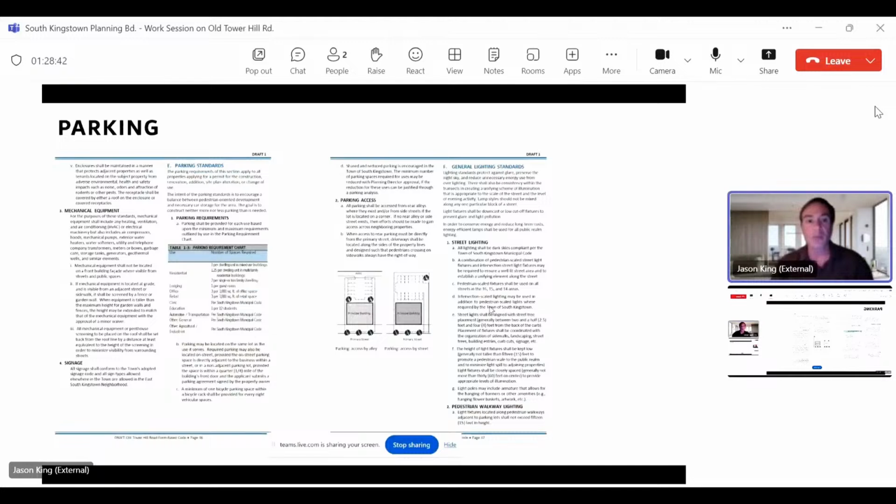The parking requirements: one thing that we're doing is reducing the parking requirements. Generally, across the country, across the world, the field of urban planning is lowering parking requirements in the hope that more people are walking, biking, or taking transit.